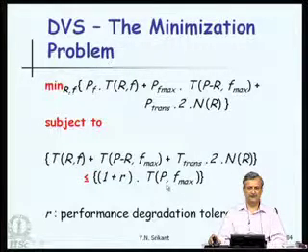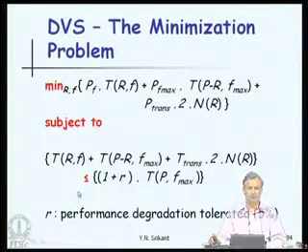So, assume that we did not do any reduction in voltage for any region in the program, then the time required would be T of p comma f_max, at the highest frequency. So, we are willing to spend a little more time. That is why the 1 plus r factor. So, 1 plus r into T of p comma f_max is a little more than just T of p comma f_max, and we do not want the degradation to be more than this particular specification of r, say 4 to 5%.